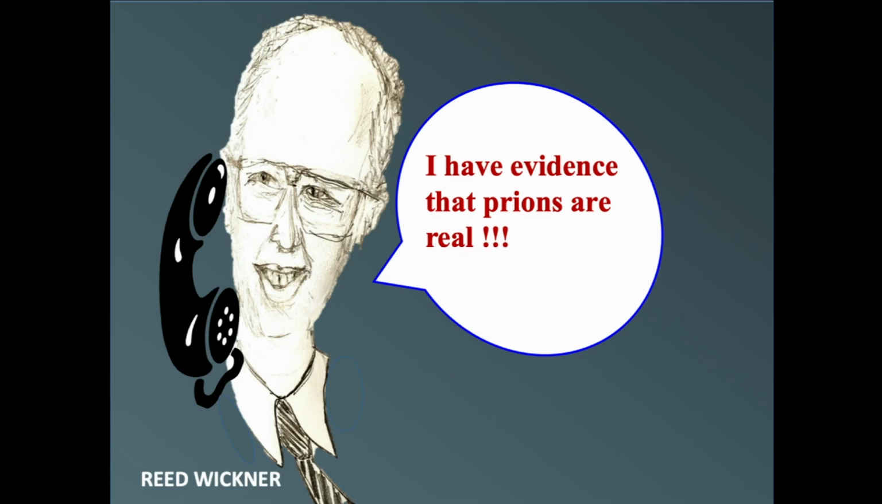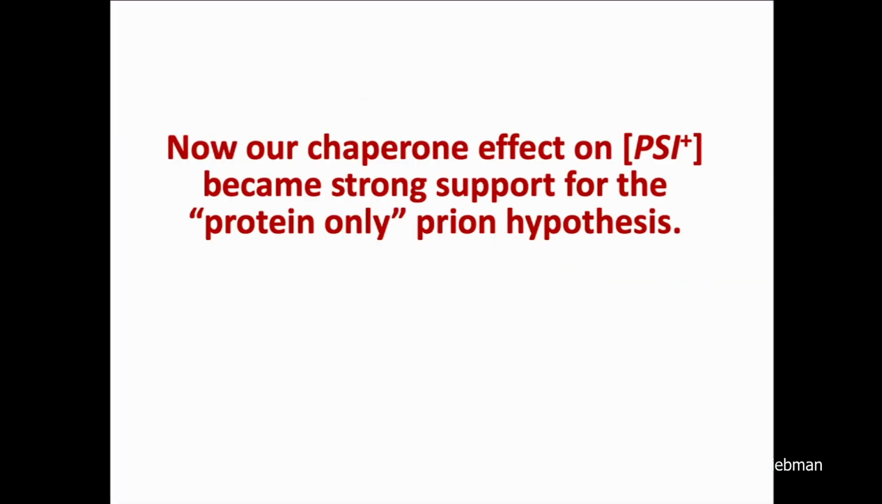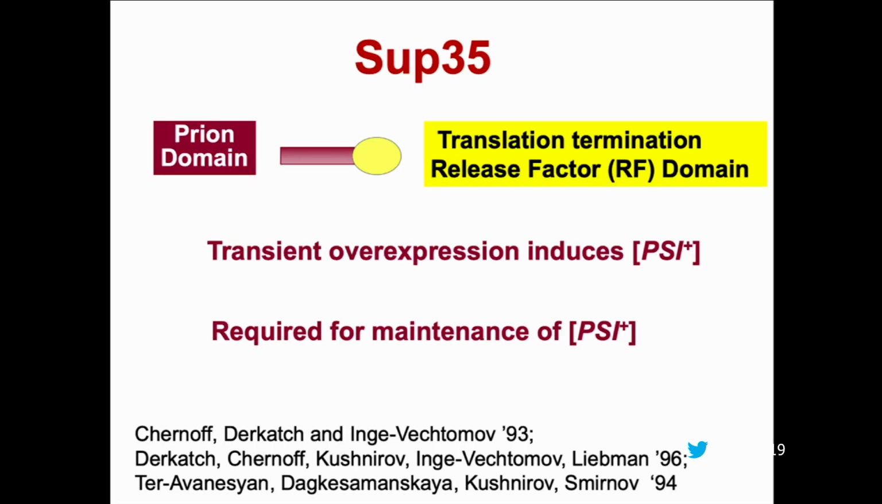And he told me that prions were real and that not only was Ure3 a prion, but Psi was a prion. And it was a prion of SUP35. So now our chaperone effect on Psi became strong support for the protein-only hypothesis. We now know that the SUP35 is composed of a prion domain,